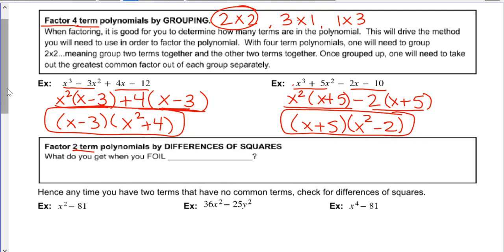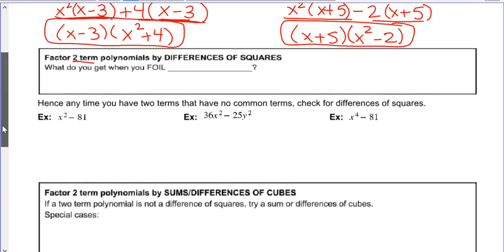All right, so let's move forward. When we have a 2-termed polynomial that we need to factor, we need to think about difference of squares. Now with 2 terms, the first thing you always want to do is take out common terms